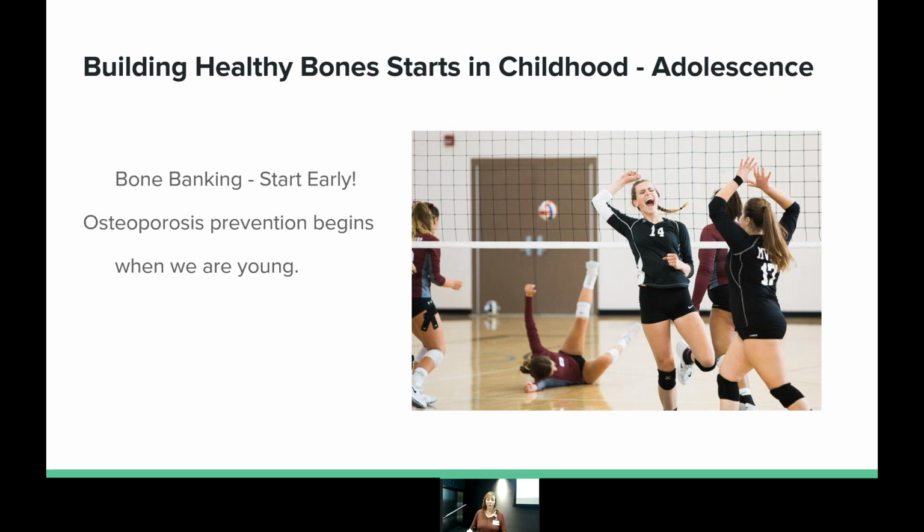And it's a very important period of time because about a fourth of all of our adult bone mass is accrued in a 2-year period during our adolescence. This is called bone banking. It's a time period when we're laying down this bone and we're banking all that extra bone density that we're adding to our bones. It's going to be there for us, and we're going to pull and draw from that bone for the rest